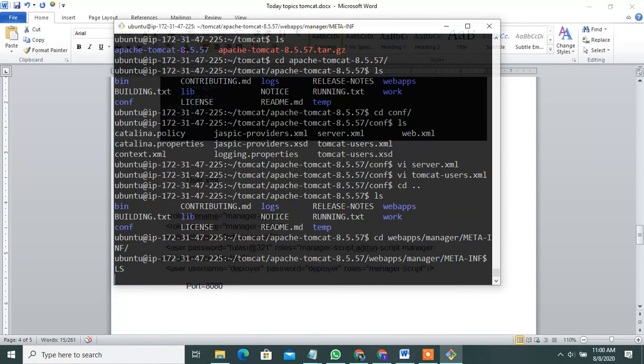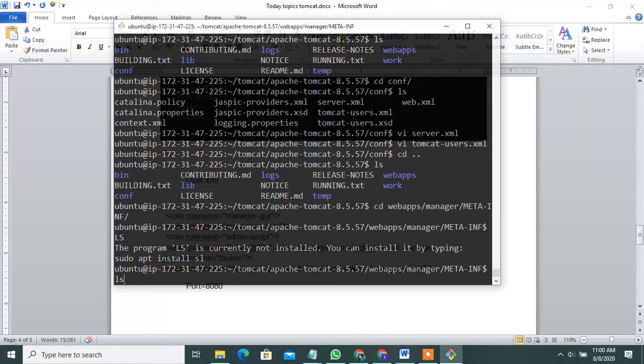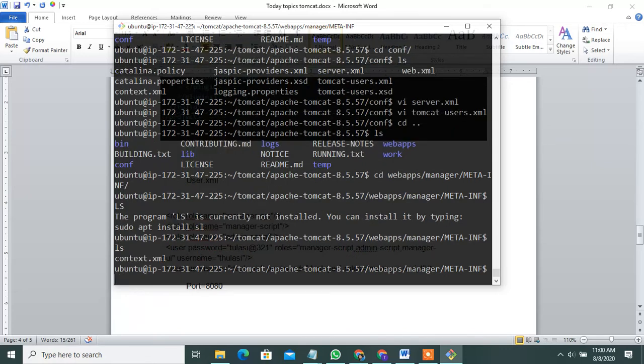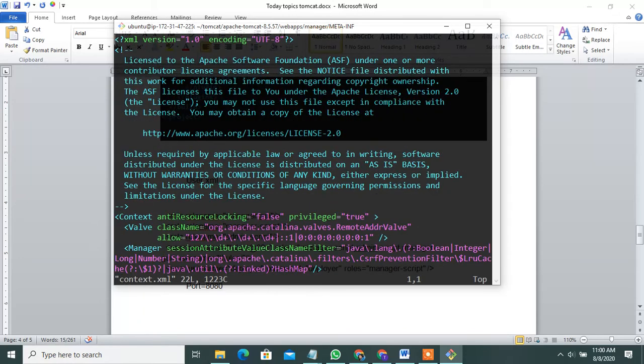Then once you check, see, one file is context.xml. Open this file. Under the Context section, the second line restricts access by IP address.